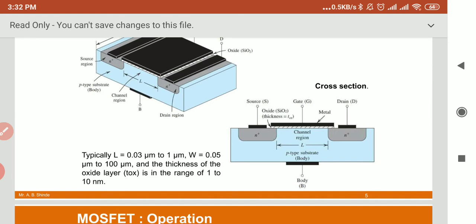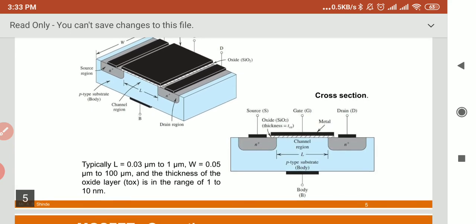But as soon as we give VGS, and this gate to source voltage is greater than the threshold voltage, what does threshold voltage mean? It is the voltage which, when applied to the gate, forms a channel beneath the SiO2 layer and ID just starts to flow. It means the voltage we apply to the gate to source terminal at which current starts to flow is called the threshold voltage. Threshold voltage can be abbreviated as VGS(th), VTH or VT.